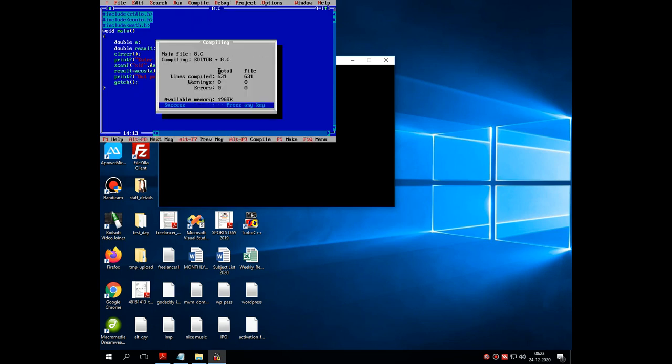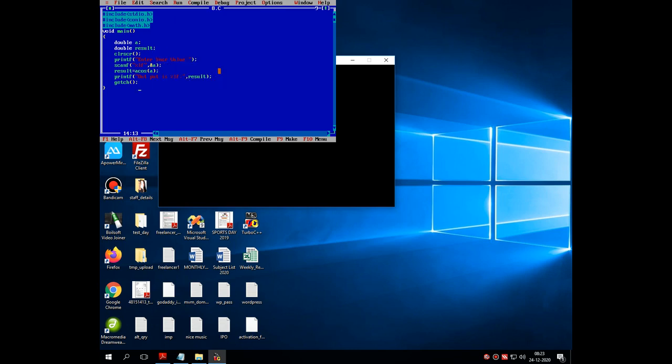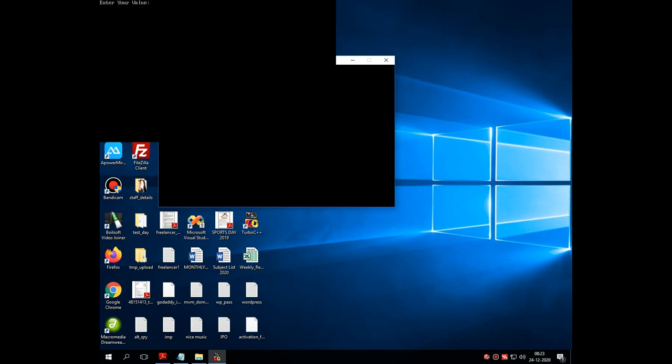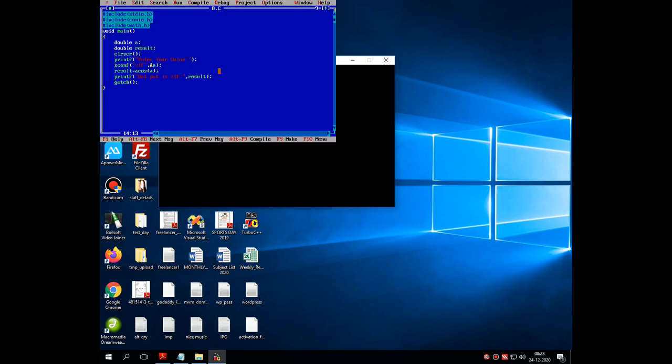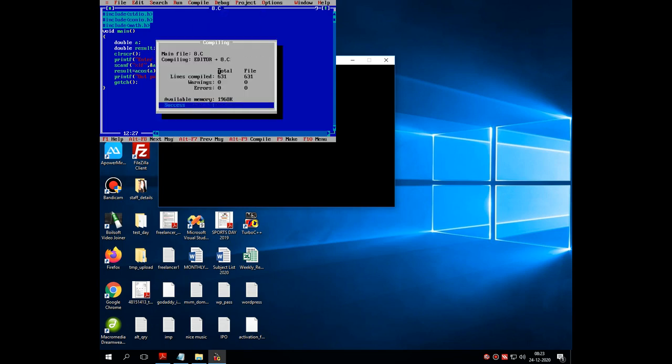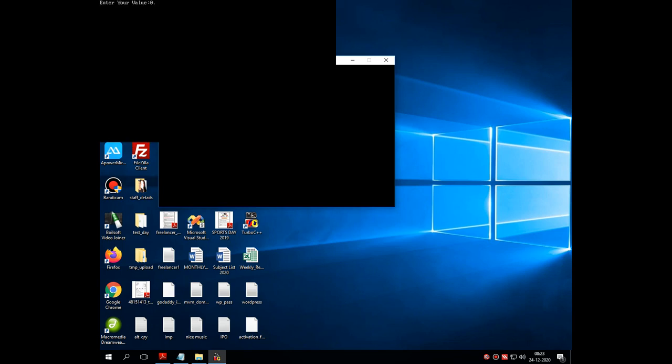I am saving this code and checking for syntactical errors. As you can see, there are no syntactical errors, so we can execute the program. For example, I am entering 0.5, then it returns 1.047, which is the acos value of 0.5. So in this way this particular program works. Let me change one thing. I am writing a simple lf after this colon. Let's run the code, and I am entering 0.5, then the output is 1.047 and so on, which is the value for 0.5.